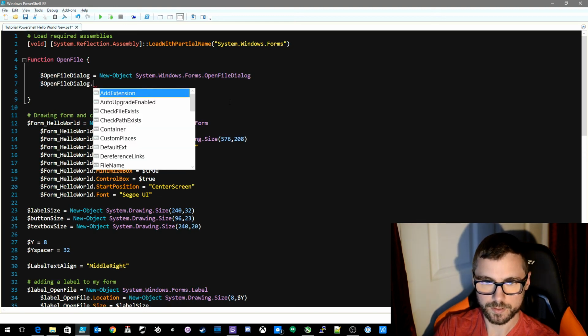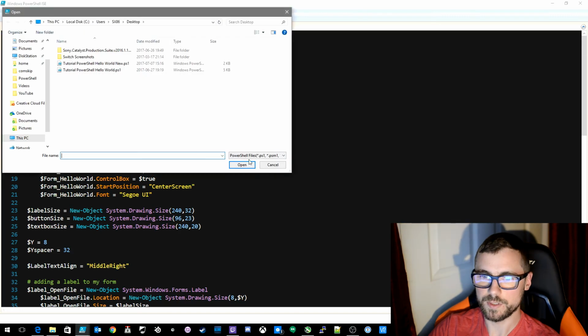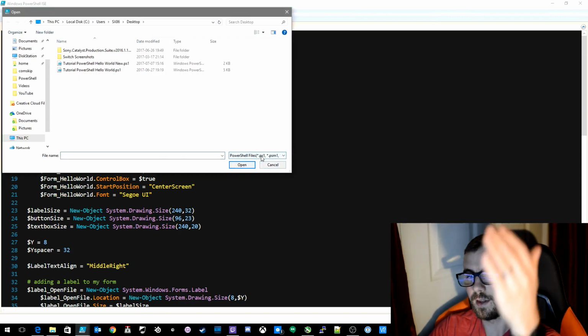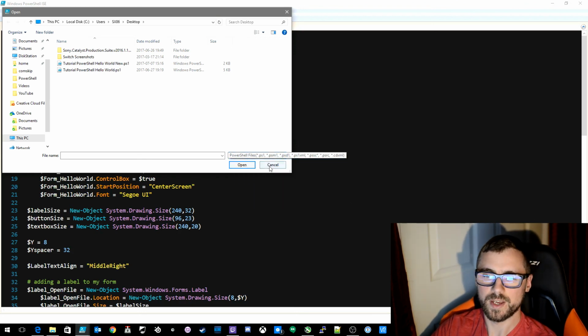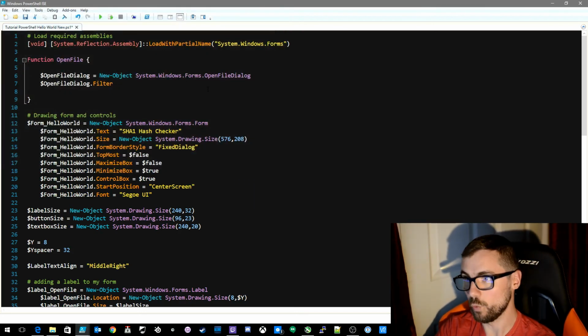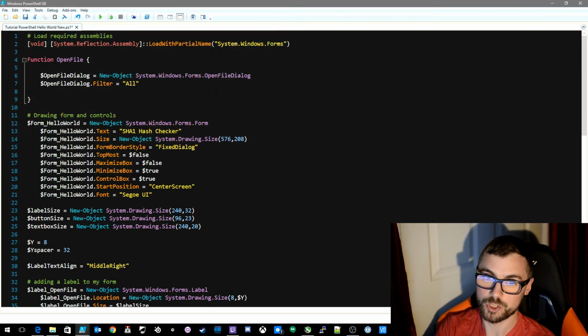OpenFileDialog.Filter. Basically, the filter is what you see here. You could create a whole bunch of different file types you want to add, but in this case we're just going to add one, and it's pretty easy: all files. So pretty much star.star,